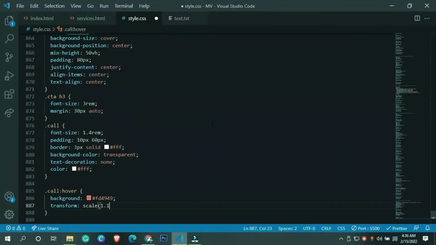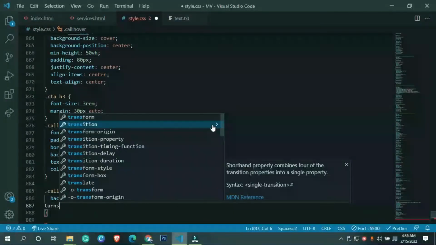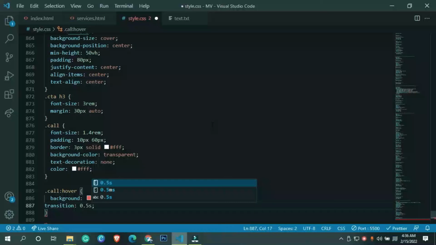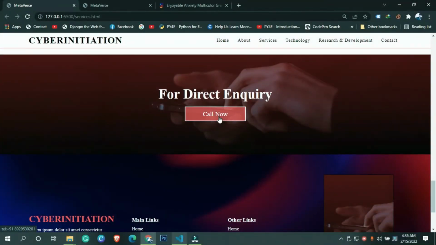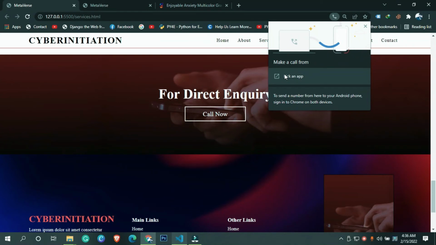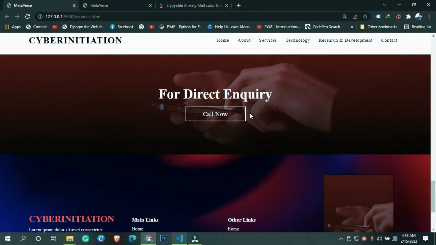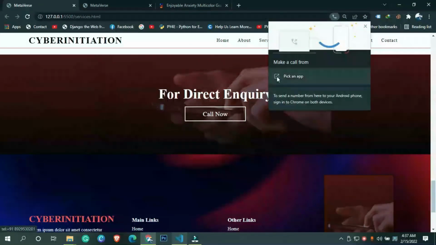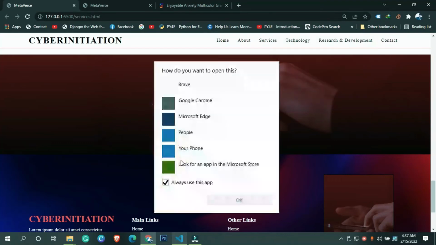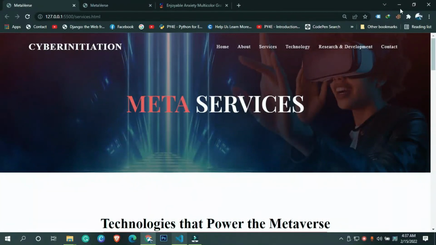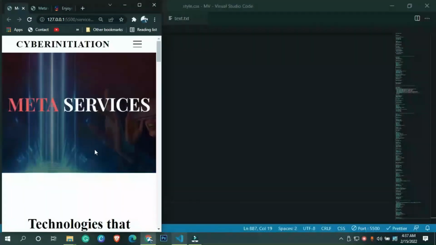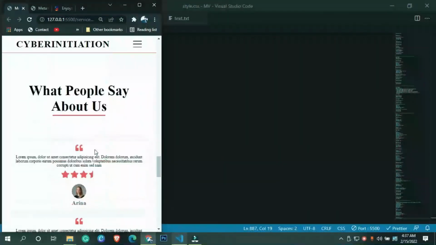or let me delete this transition effect, or let's say add transform effect. Let me add this transition effect. That was transform. Okay, so now it is looking good, and once you click on it you can easily go and call any person. So it is popping up this window. Basically it is actual call to button. So yeah, everything is fixed now, and let me show you how exactly all of these things look like,